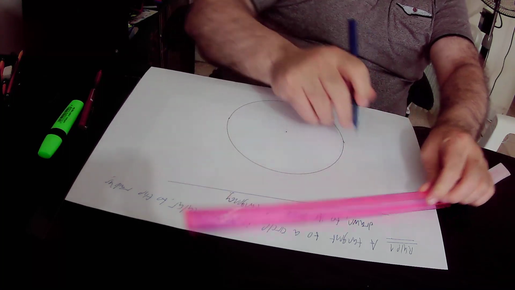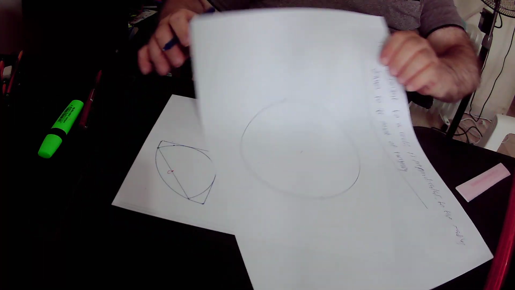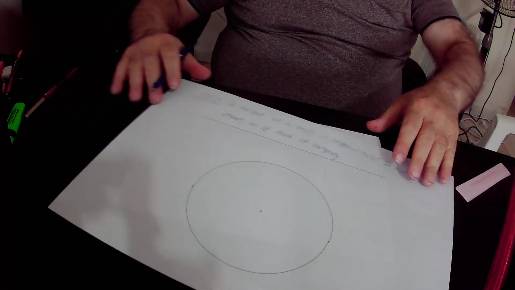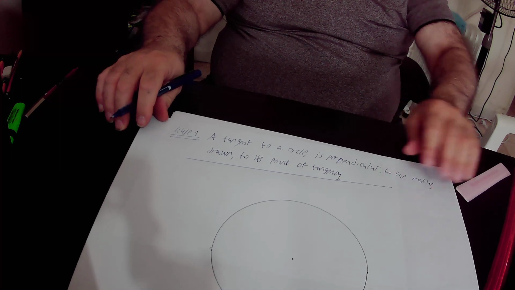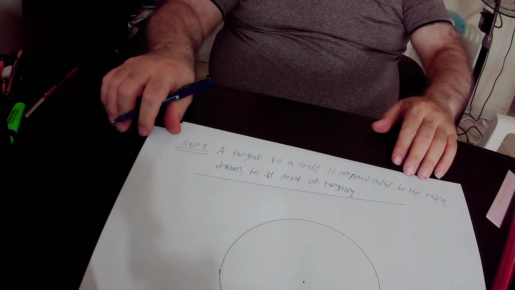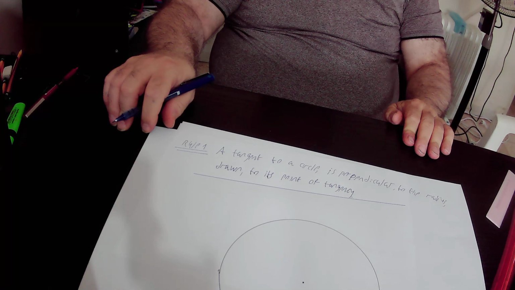So I will read rule number 1 again. According to rule number 1, a tangent to a circle is perpendicular to the radius drawn to its point of